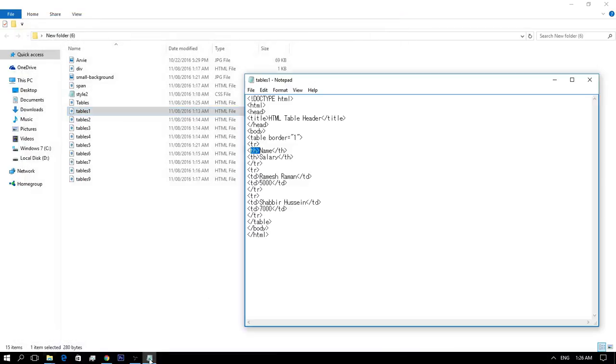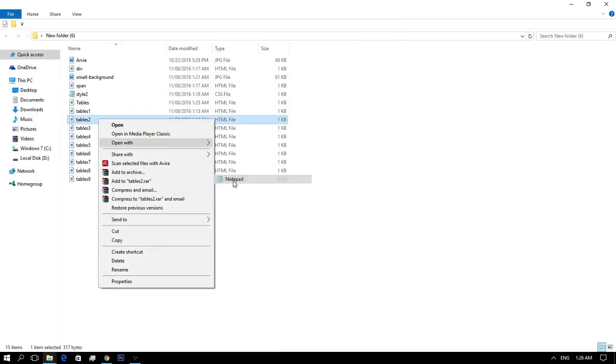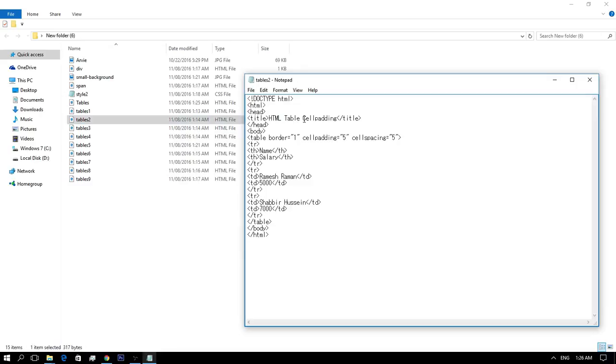So the next one, we have the cell padding. So these are the two attributes called cell padding and cell spacing, which you will use to adjust the white space in your table cells.